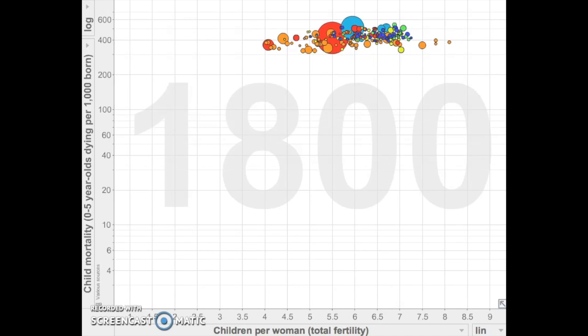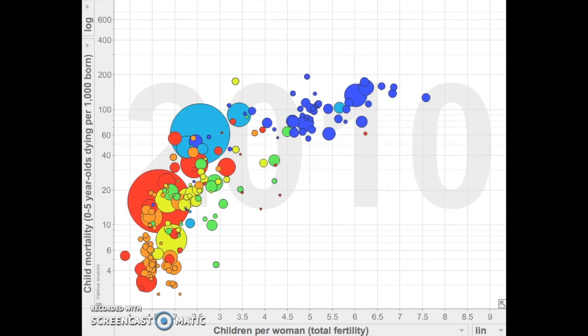In the beginning, the pattern is that the red and yellow countries have the lower birth rate, but all countries are at a similar level with the amount of child mortality. As the years pass by, the countries begin to span out, and by the end, there is a pretty clear pattern between the different continents. Most of Africa is left on the outskirts, with high birth rate and mortality rate. India and the Middle East are somewhat in the middle, while the Americas, Europe, and Asia are in the lower spectrum of the trend.